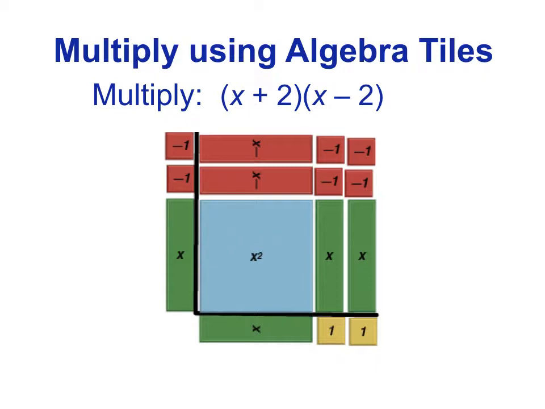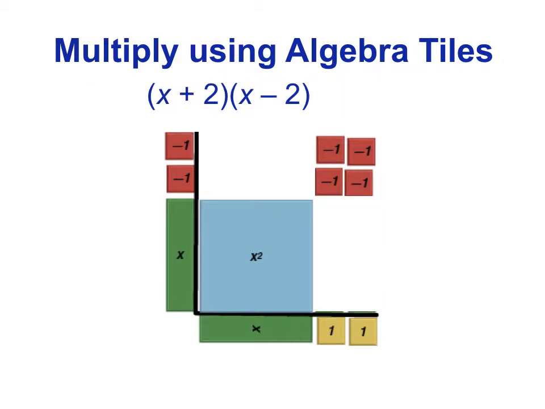And if I had these algebra tiles in front of me, I would notice that there is a zero pair there with the negative x and the positive x. There's a couple of zero pairs, so I would remove them from my workspace, and my product would be x squared minus 4. So I want to take a look at this multiplication problem, and pay attention to the fact that the x squared minus 4